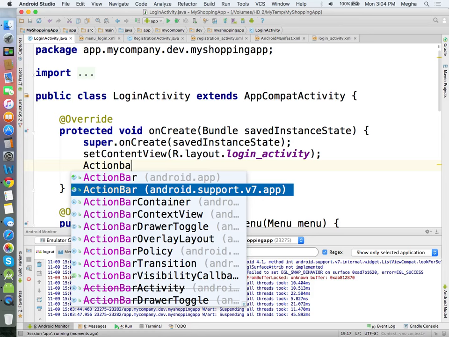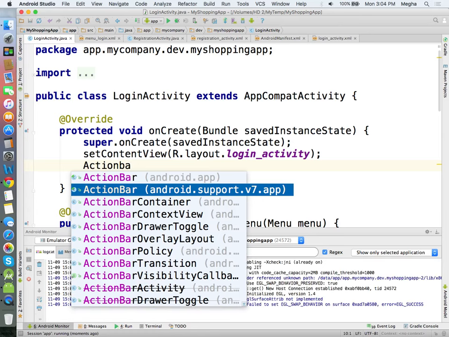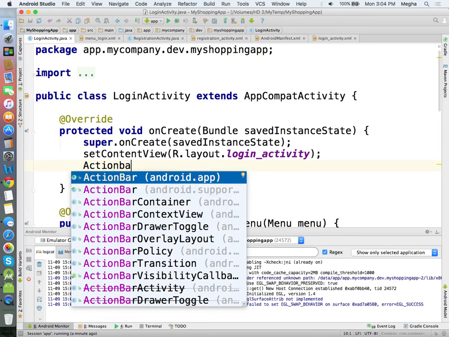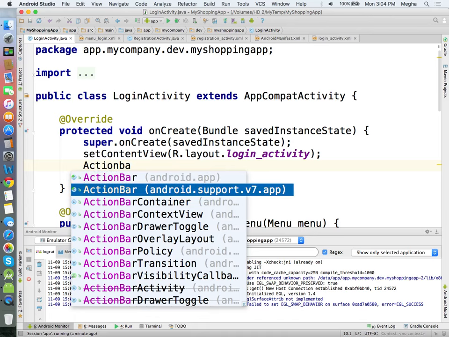But if you notice, there are two action bar instances. What we are using is the support version, because this action bar is going to be there for pre-release devices, Honeycomb devices. There also it is added. So it is through the support library we are going to use, whereas this one will only work if you are maintaining minimum support after 3.0. But we have to support older devices also, so make sure you import this one.